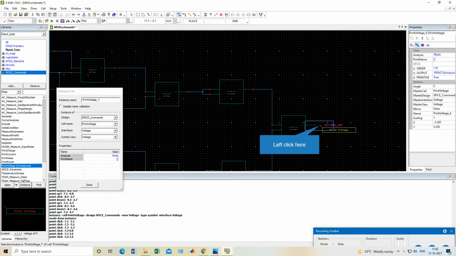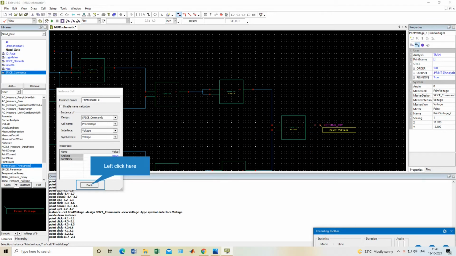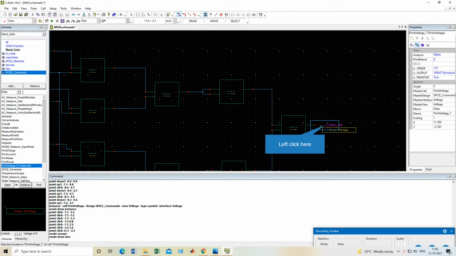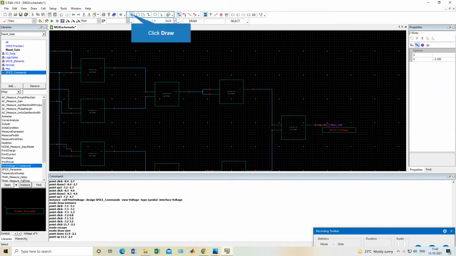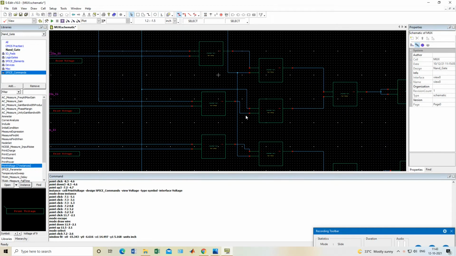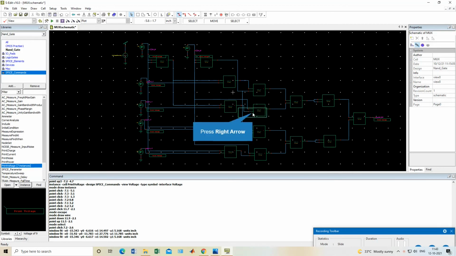Okay, it will be in the middle. I will connect one wire with this. Okay, this wire will be connected. Okay, so this is done. Print also, input also we have connected. We have implemented the circuit.